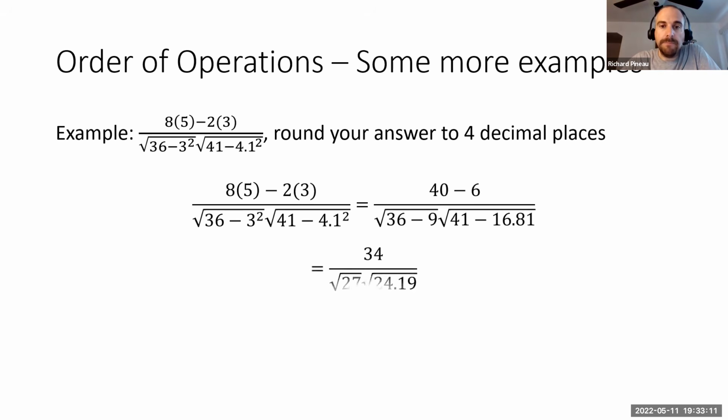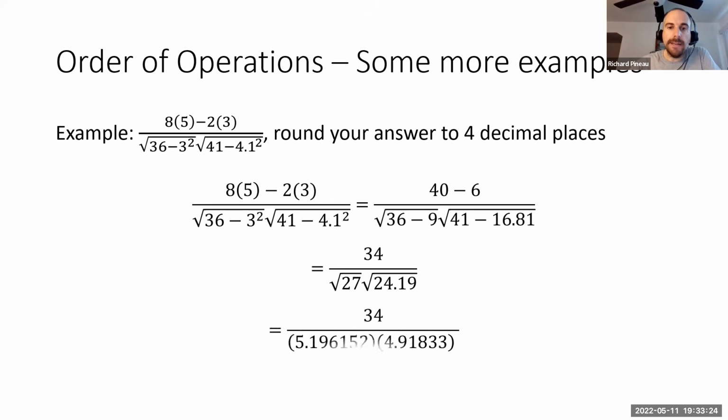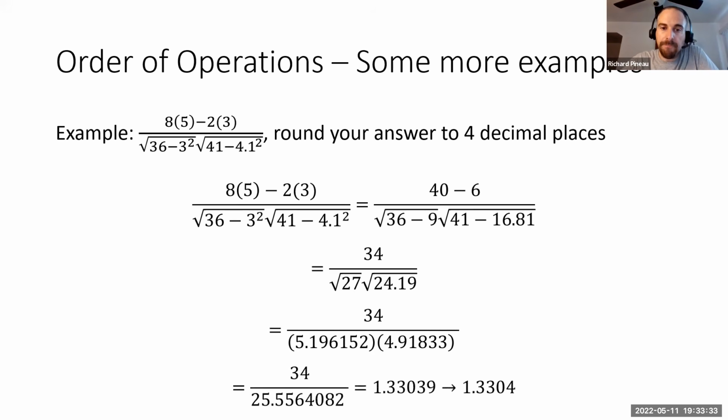The next thing I did was a whole bunch of subtraction. So I did 40 minus 6 in the numerator, which is 34, 36 minus 9, which is 27, and 41 minus 16.81, which is 24.19. Then I took the square root of 27 and the square root of 24.19. Then I took those 2 results and multiplied them and got